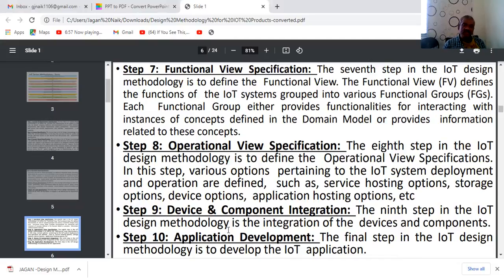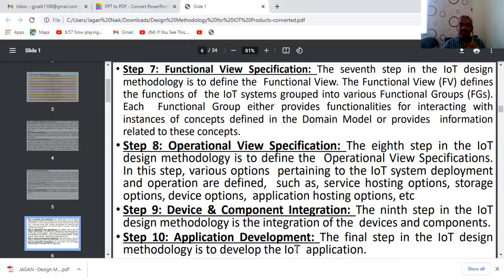Now coming to device and component integration, the ninth step of this design methodology is the integration of the devices and the components, where we consider the components all together in a particular system. We are going to be integrating the devices as well as the components.